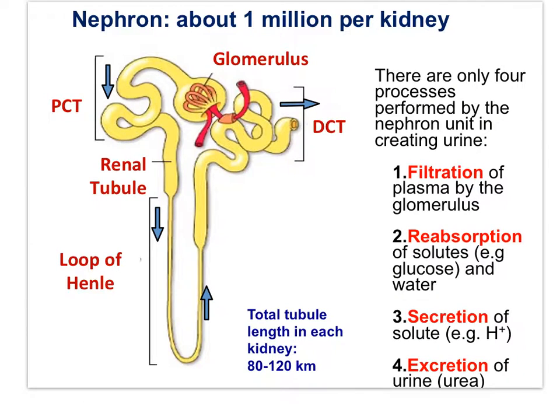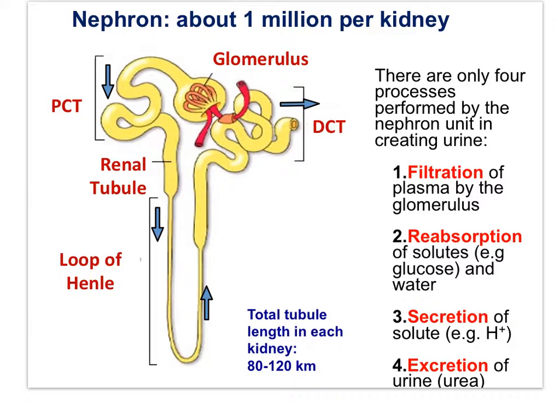Here is a nephron, colored yellow. The glomerulus is a ball of capillaries enclosed by Bowman's capsule. Ultrafiltration occurs in the glomerulus, and the filtrate passes through the proximal convoluted tubule to the loop of Henle that descends into the medulla of the kidney. The filtrate passes up the ascending limb of the loop of Henle back to the cortex region of the kidney. Then the filtrate passes through the distal convoluted tubule and then leaves the nephron for the collecting duct, which is